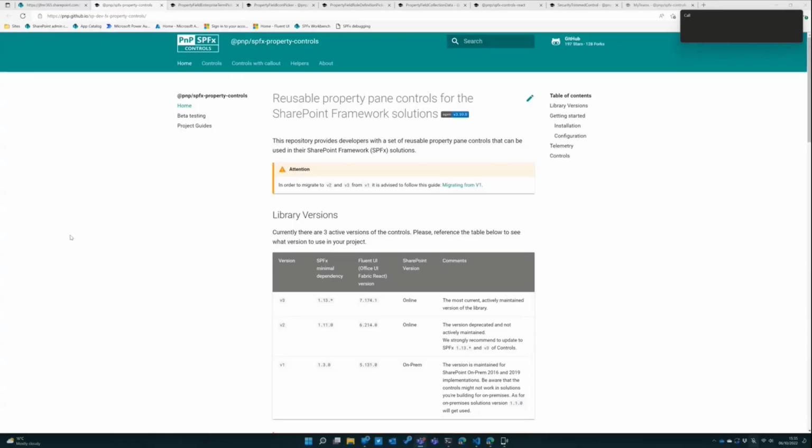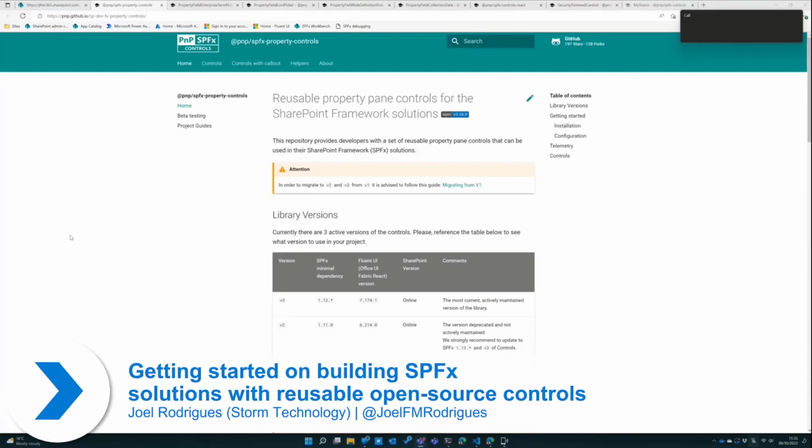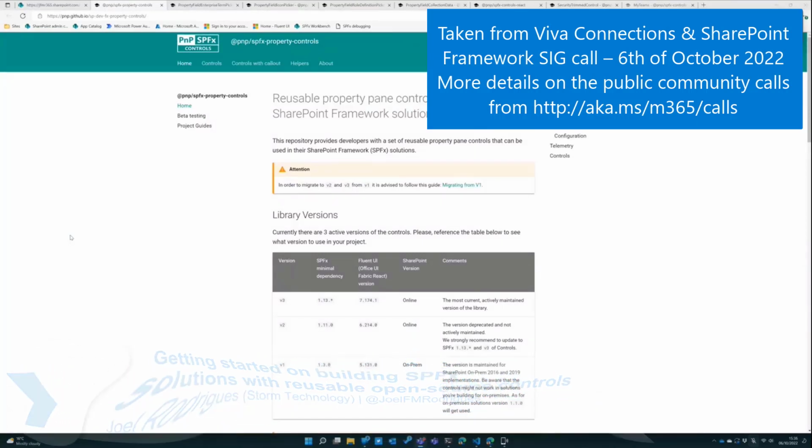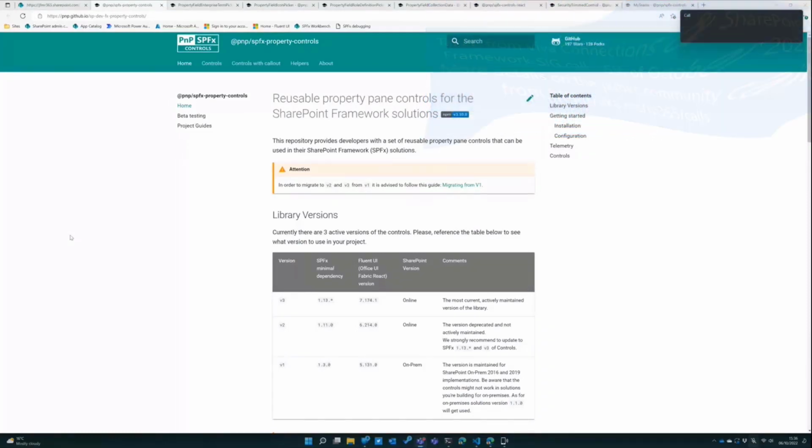So the idea of this session is to again create awareness of the controls. We have the PnP reusable controls and property pane controls, and there's still a lot of people that don't know a lot about them or don't use them very often or are not aware they have them. And the idea was to just keep showcasing them, so create awareness and basically just transmit how simple and powerful